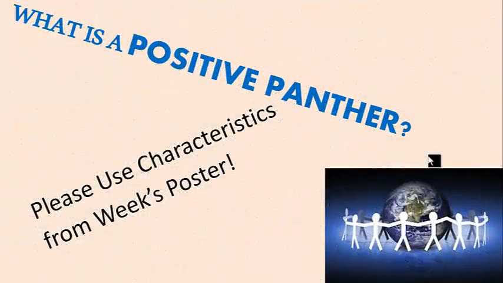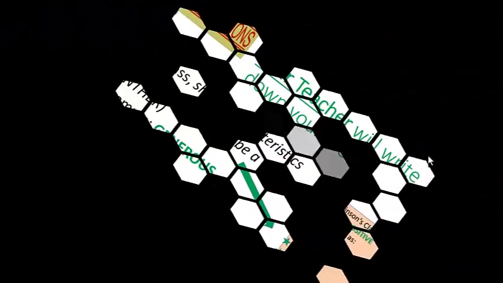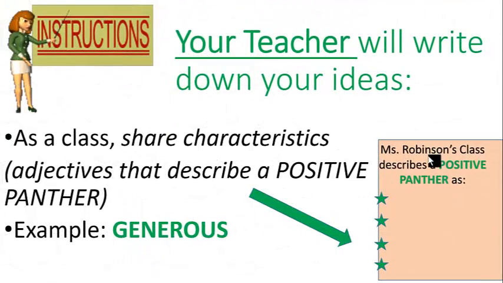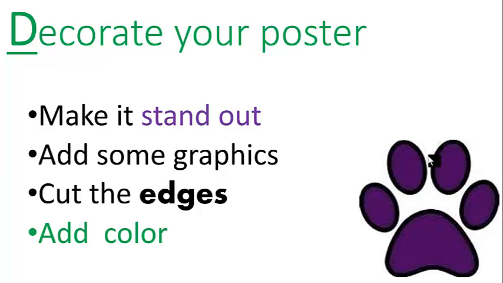Now let's finish up those posters. Last time you discussed what a Positive Panther was, and you started to fill out your first rough draft poster. If you have lost your poster, please begin a new one. You are going to create a new poster today. You need to put your most important characteristics in order from top to bottom. Make sure that your poster says, "A Positive Panther is," and then lists the characteristics that your class has decided on. Don't forget to decorate your poster, make it stand out, add some graphics, cut the edges, and